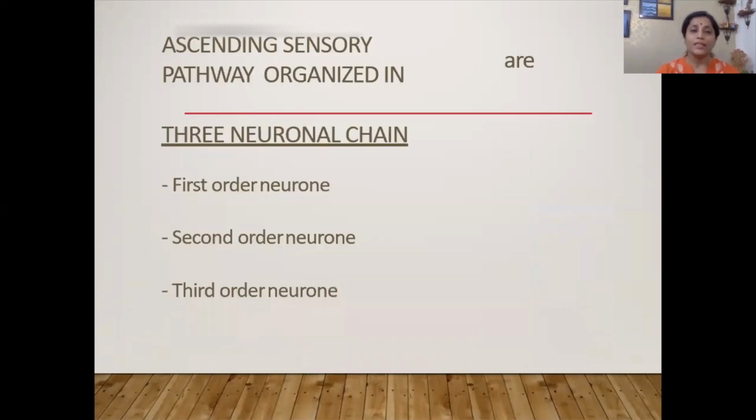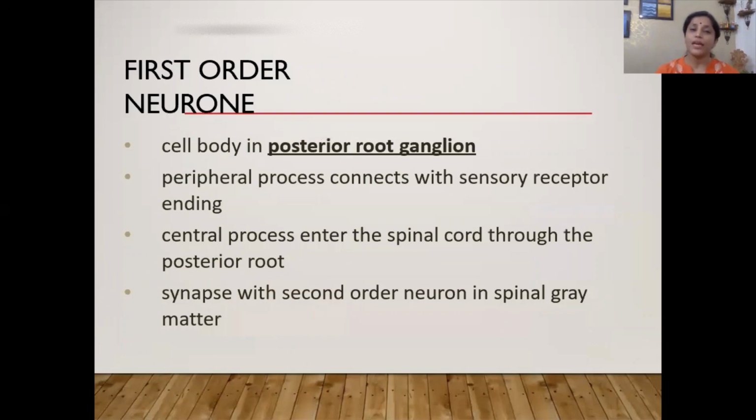We all know that the organization of the ascending pathway is in the form of first, second, and third order neurons. The first order neuron, as we have seen, enters the dorsal root ganglion, and from here it terminates at the dorsal horn of the gray matter in the same section of the spinal cord. Where did it come from? It originated at the sensory receptor. And what did the sensory receptor get? It got the sensation. It may be pain, it may be temperature, it may be touch, whatever it may be.